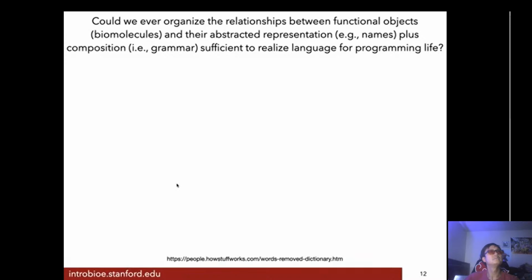Representation is such a cool word. Represent. So could we ever organize these relationships between the functional objects, the biomolecules, and these names, these abstracted representations like cellulose synthase, along with a grammar, rules for composing these objects into more complicated systems? And if we can do that, then we might be able to develop languages for programming life.